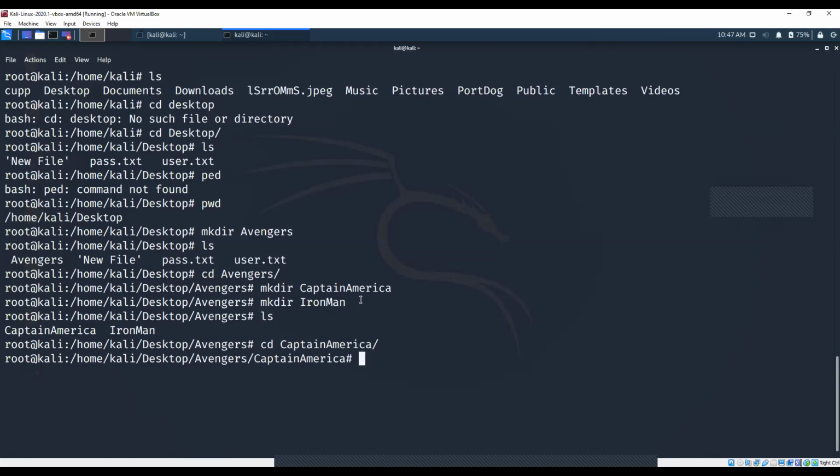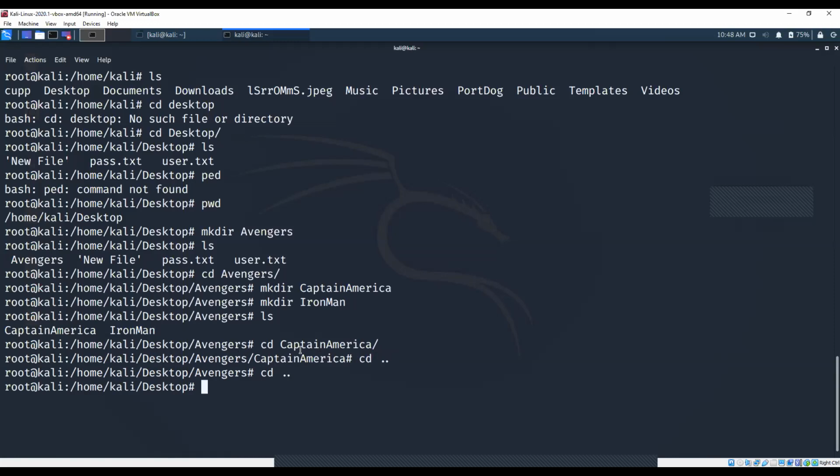So what I can do now is navigate into Captain America. Now I have to go to this particular path over here. I need to go to desktop again. I don't want to be in the Captain America directory. I need to go one step backward. In order to go one step backward, what I need to do is cd space dot dot and click enter. If I click cd space dot dot, I'll go one step backward. And again, I'll give cd space dot dot. I've gone one step backward.